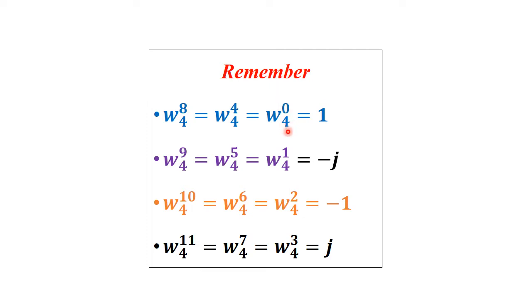We have calculated the 4-point DFT, that is capital N is equal to 4, which indicates the length of the sequence. So omega 4 power 0 to omega 4 power 3 we have calculated, and these are the corresponding values. If we extend this from 3 to 4, 5, 6, what happens? That is also mentioned in the previous lecture, and the same is represented here. Omega 4 power 4 will be equal to omega 4 power 0, and its value will be 1.